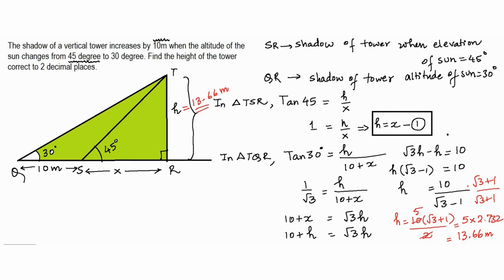Moving on to the next question. Okay, let us solve the following one. A 1.4 meter tall girl spots a balloon. Okay, so this is the ground. This is the girl. The height of the observer is mentioned in this case. So the height of this girl is 1.4 meters.